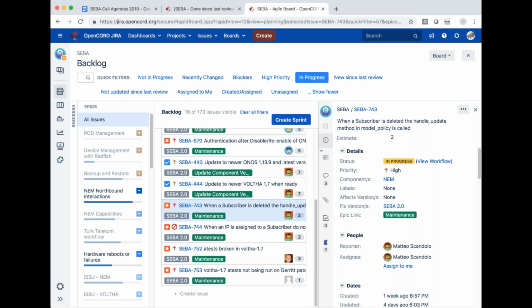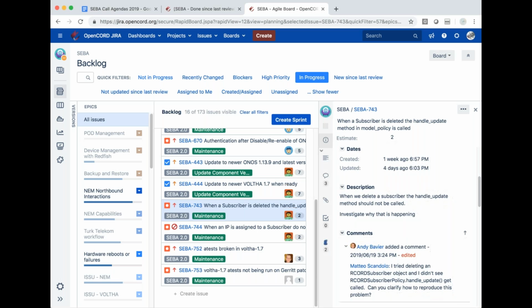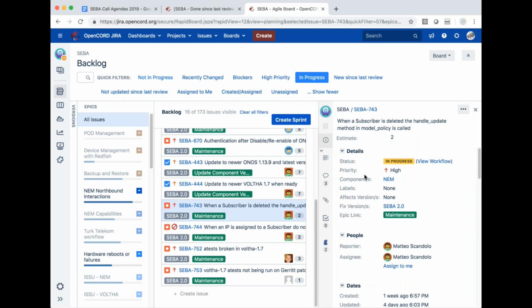I didn't manage to replicate it. I think it was just a timing issue with a DHCP client running all the time, so it was renewing the lease. So it's not actually a bug in the code, and it will be resolved by SEBA 744.